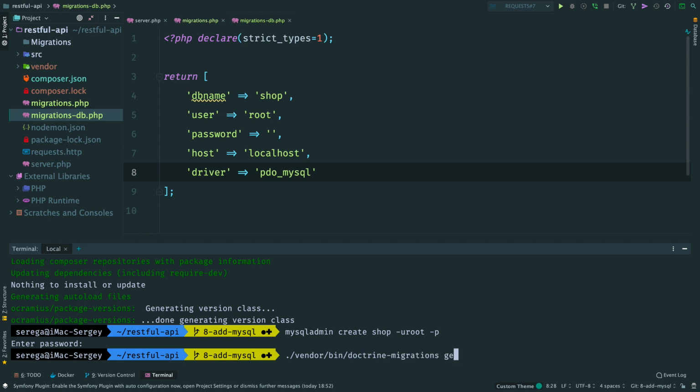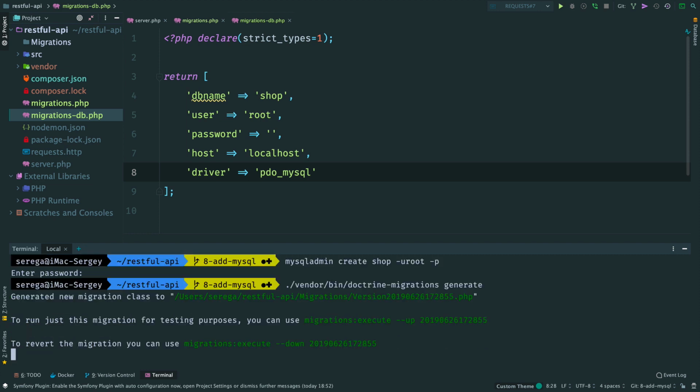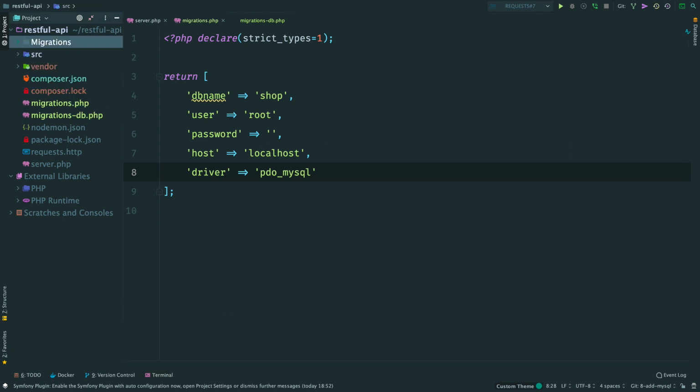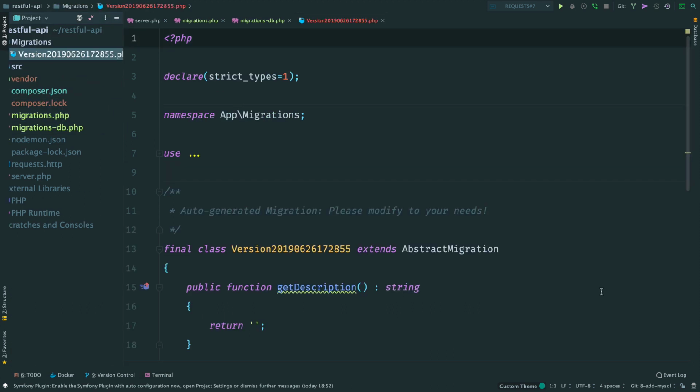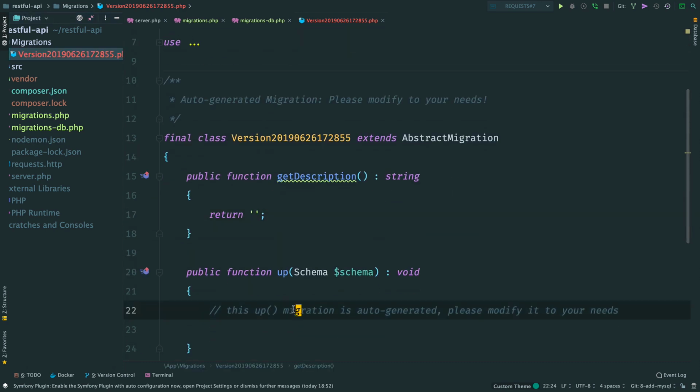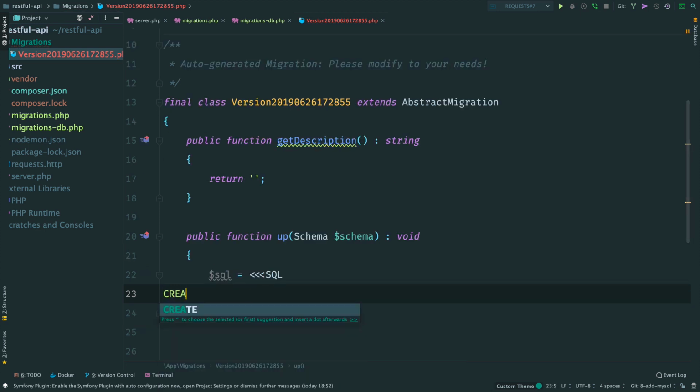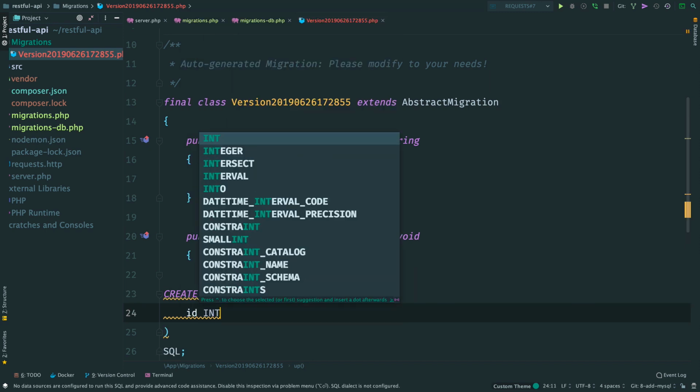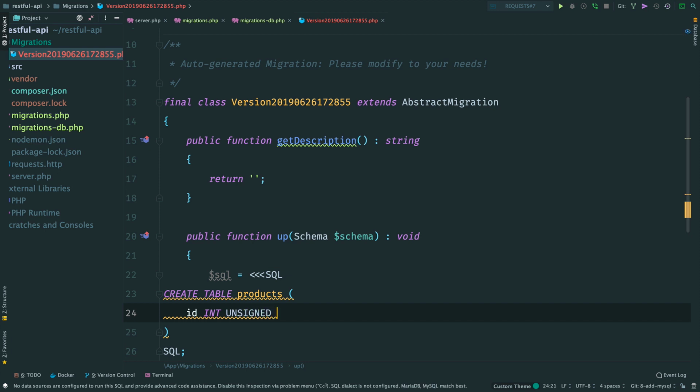Run doctrine-migrations generate. It will create a new migration class here in the migrations folder. Open it. Here in the up method, let's define the schema for the products table. Create table products: ID, unsigned integer, auto increment.